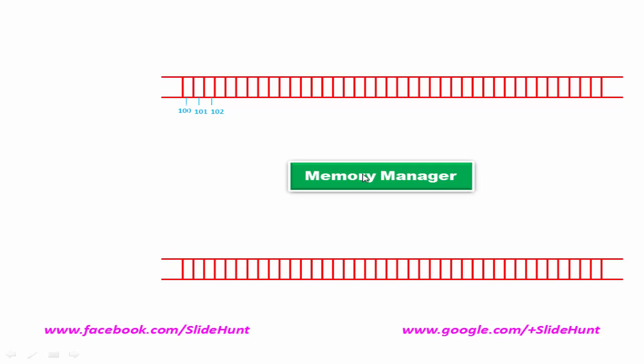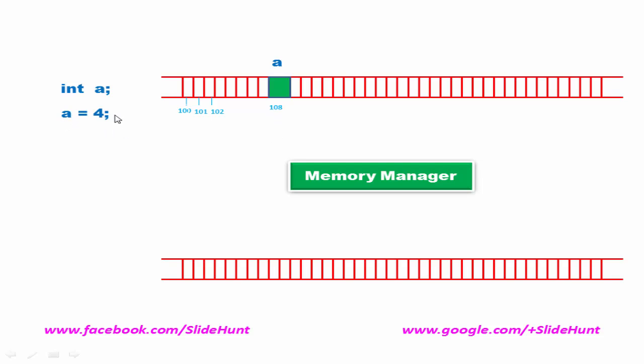Suppose you want to store an integer value in the memory and you send a request to the memory manager by declaring an integer variable, something like int a, and the memory manager says okay, I will give you 2 bytes. Because in a 16-bit compiler we need 2 bytes to store an integer value. Suppose the memory manager gives you this location to store an integer value and the address of this location is 108. It is the address of the first cell of this block.